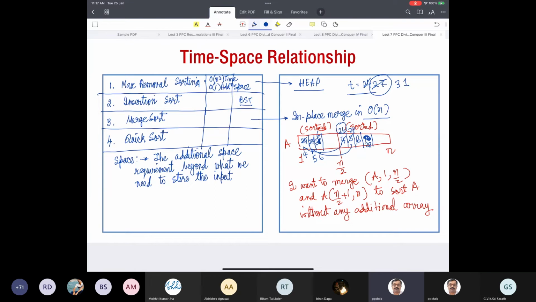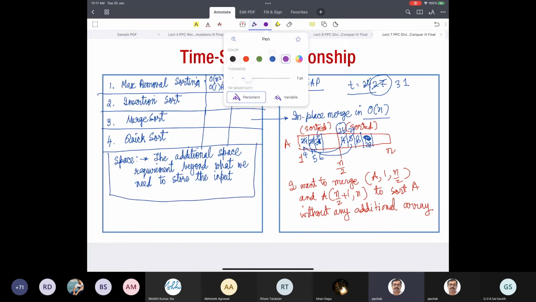For merge sort also we saw that other than the original array, we require some additional place to do merge. And for quicksort, we found that this median finding itself is a problem, and can we do it? So this additional space to do sorting in order n log n time,